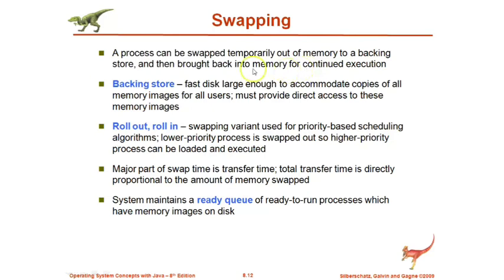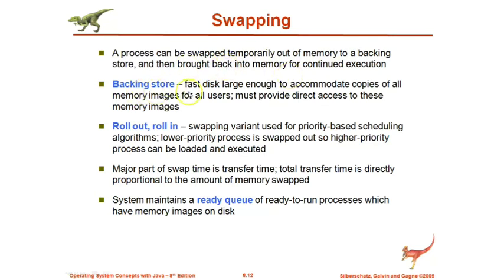We know that in a multiprocessing system a number of processes will be executed, but let us consider that for some process the required resources are not available, so it is not possible to execute that process. At that time, instead of waiting in main memory, the system can temporarily move that process to some other memory segment. Here we call it a backing store. Until that resource is available, and once it is available, the process is loaded back to memory for execution.